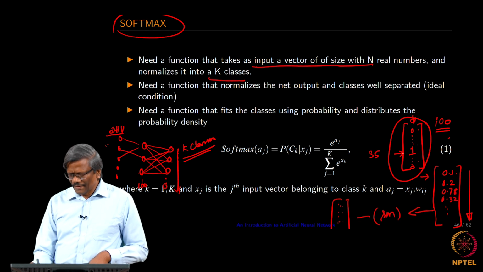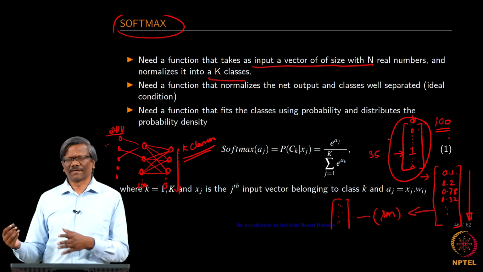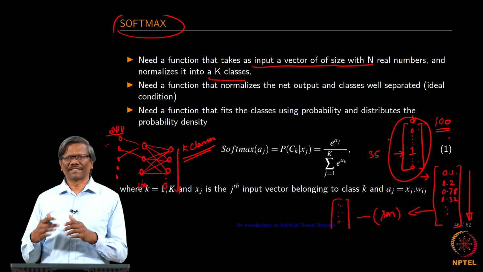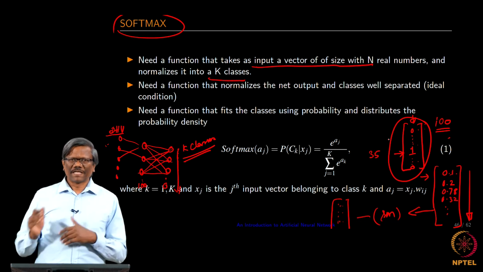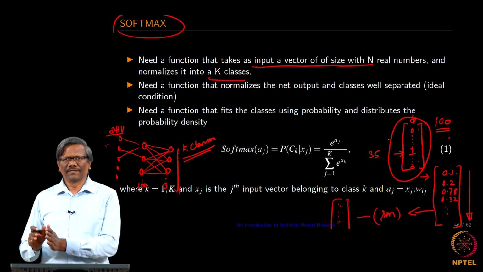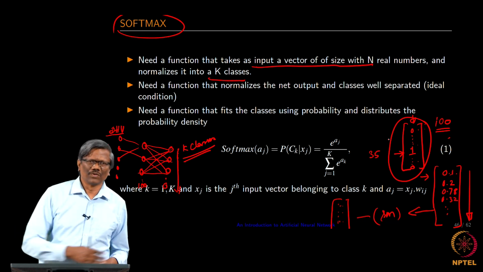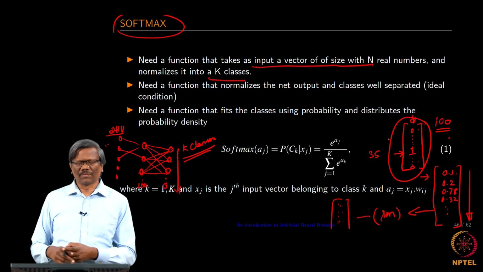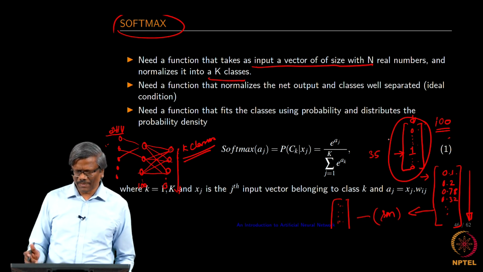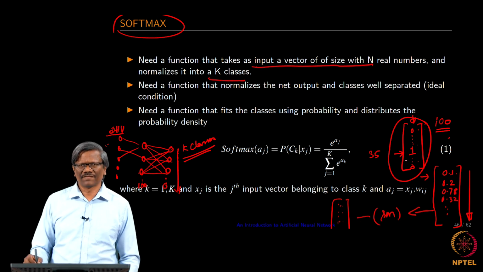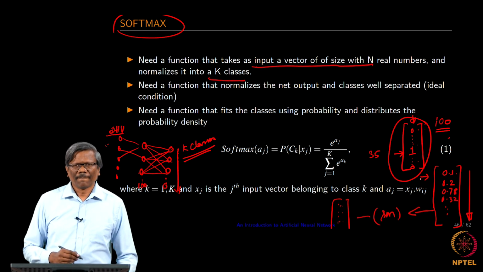And when the 35th element is not equal to 1, but let us assume that the 23rd element is closer to 1 and has the higher value, we know that there is an error. That is not the word that I am expecting. I am expecting a word where the 35th element should have a higher value. So, now we know that there is an error, and then we do the back propagation. So, for you to do that operation, we require softmax. I will talk about this in detail later though, but I thought this is essential for you to understand why we are bringing in the softmax. Okay.